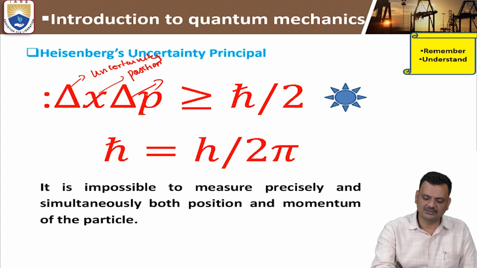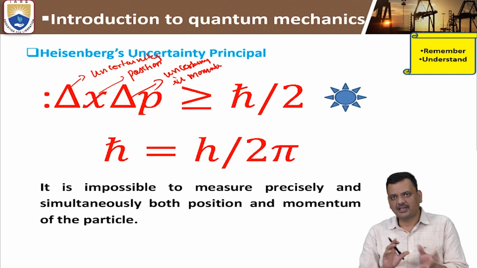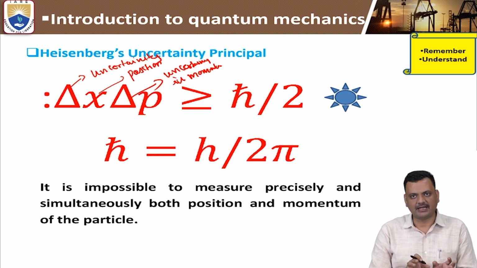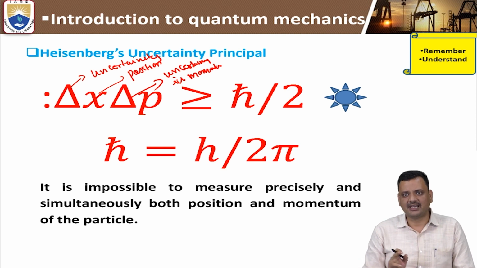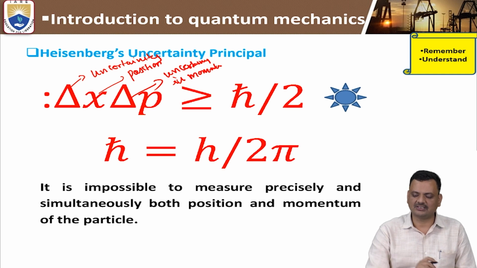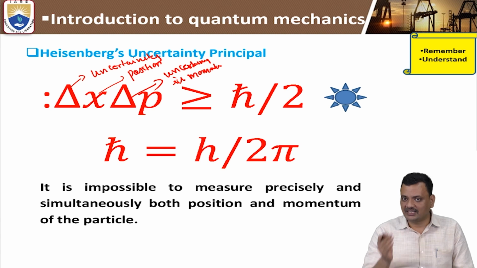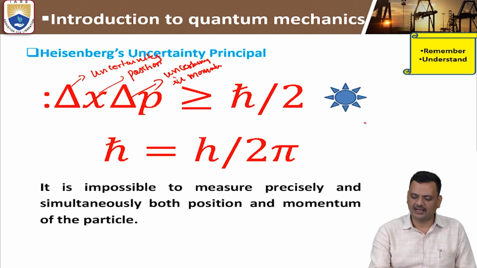Delta p is what? Uncertainty in momentum. So the multiplication of these two things means delta x multiplied by delta p will always be greater than or equal to h cross upon 2. H cross is what? H upon 2 pi. What is h? H is Planck constant. So suppose any particle, any microscopic particle,